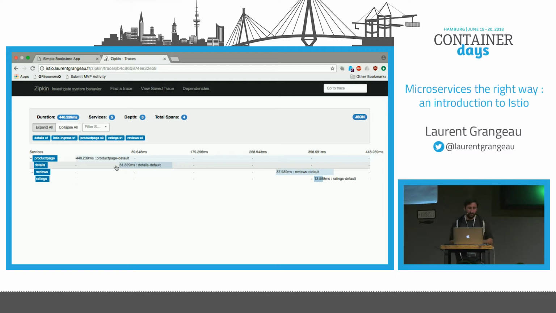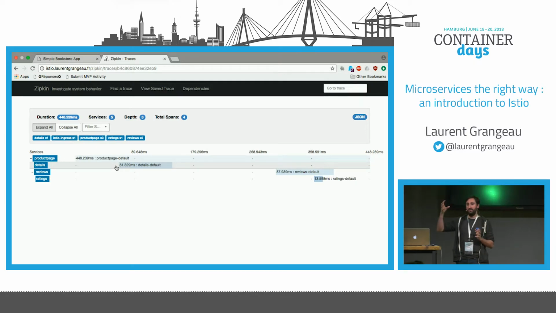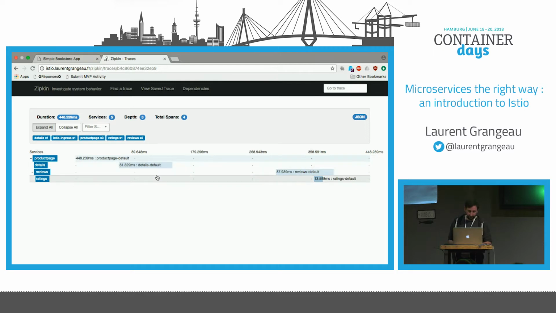Easily, because with that you can see which service is not responding or which service is taking the longest time to respond, and you can work on that to better code your microservices, or to reboot or apply some circuit breaking or stuff like that.